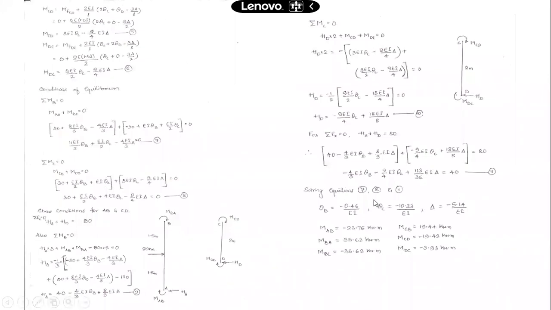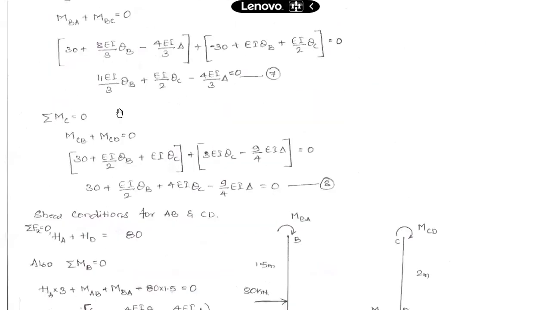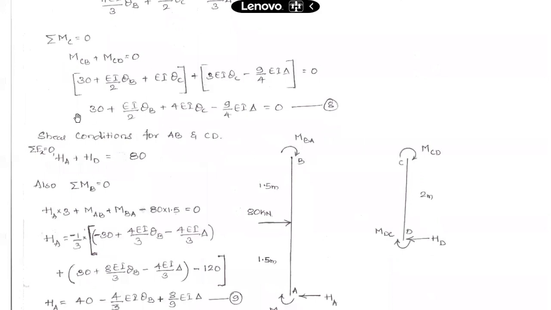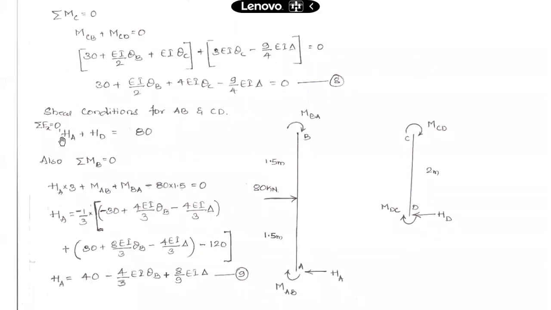The shear condition says that the summation HA plus HD